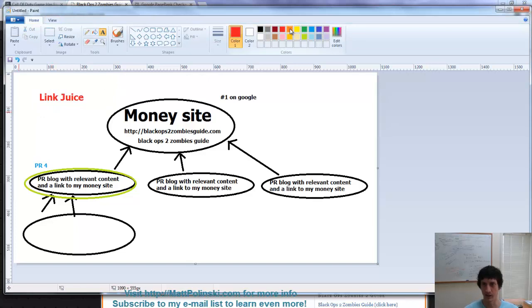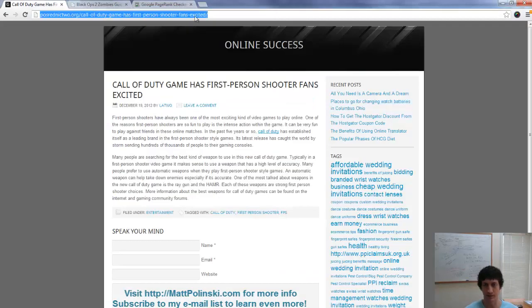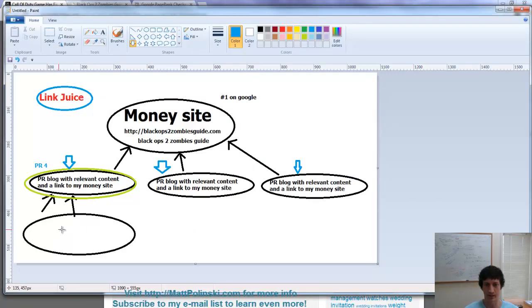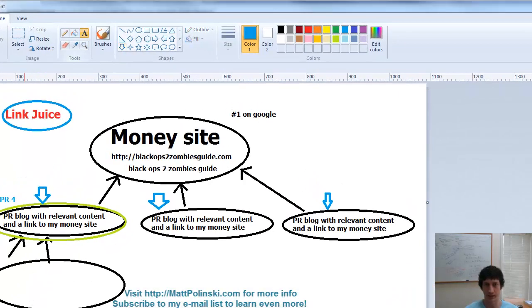So it's all about link juice, really, at the end of the day. That's what all these sites right here are: link juice. And it can feed up, too. So if you have this post right here, for example, and I took this URL, and now before I start talking about this, I should say the second tier links